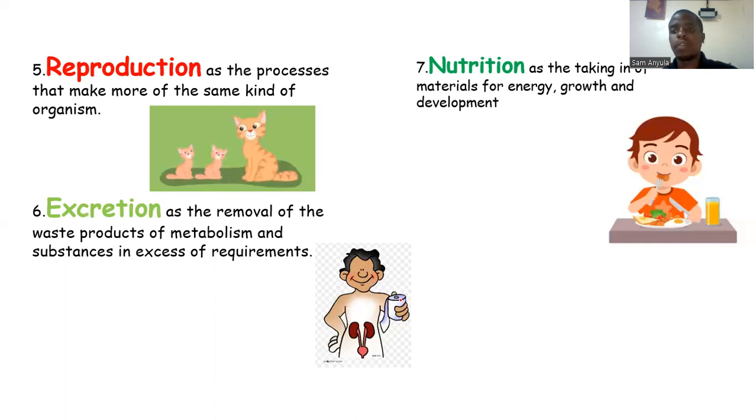food or utilize the sunlight energy to make food that is needed to give them energy for growth and development. And later on, we shall note that plants as producers are referred to as autotroph, or they have what we call autotrophic